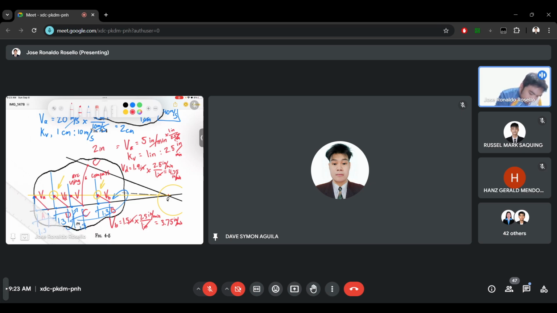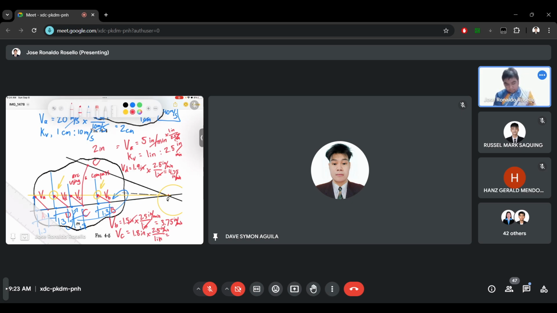So this is vector VC, velocity C. Then finally, we have to measure it using our handy dandy ruler. And the measure is 1.8 inch. So velocity C is equal to 1.8 inch. Let's multiply it with the velocity scale. 1 inch is 2.5 inch per minute. We will have